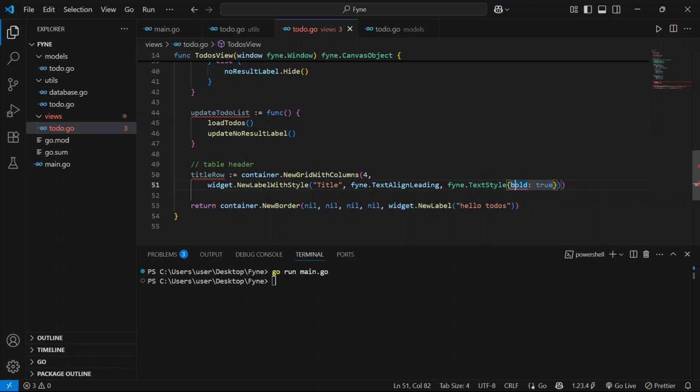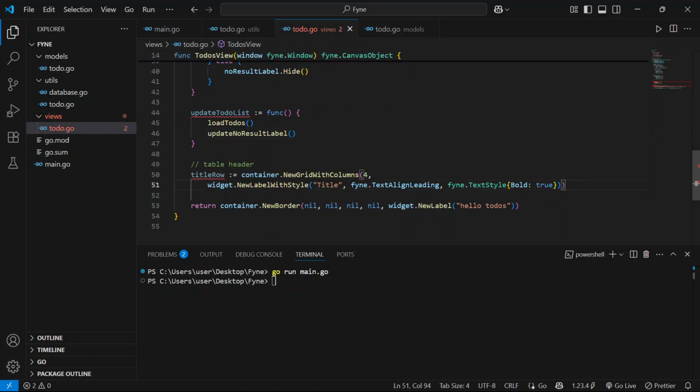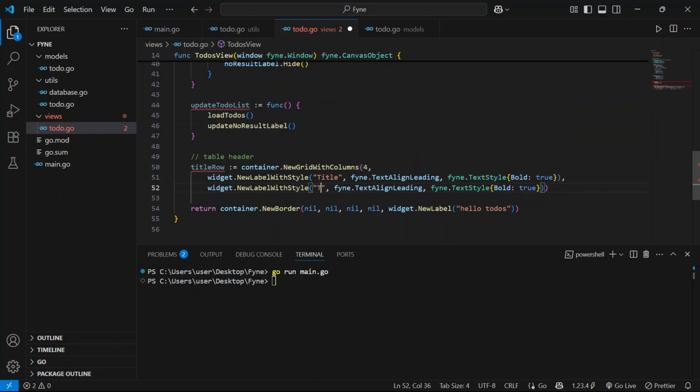What am I missing? It's supposed to be capital B. So we have the title, and then the next thing to display apart from the title is the content. So you can just copy this and then I add this to content,